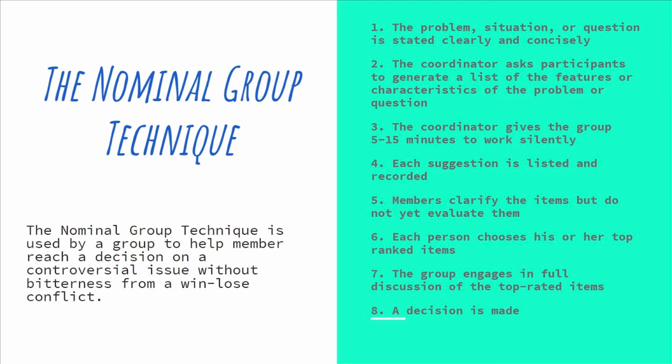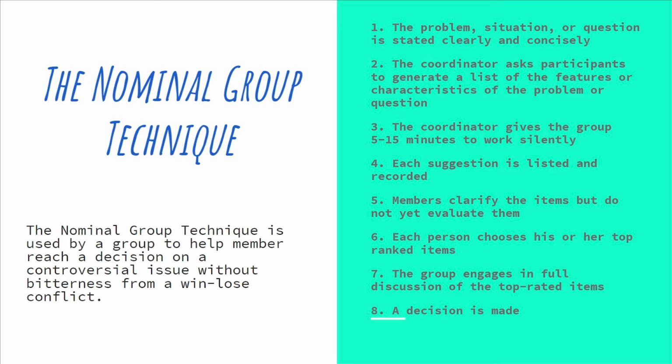The first step, to help them reach a decision, the problem, situation, or question is stated clearly and concisely. Elements of the problem or question are described, and discrepancies between what is desired and what currently exists are explained, often by a member of top management. Care must be taken not to mention possible solutions. Group members can ask questions to clarify and add information about the problem. If the group is large, it may be subdivided into smaller groups, each with its own facilitator.